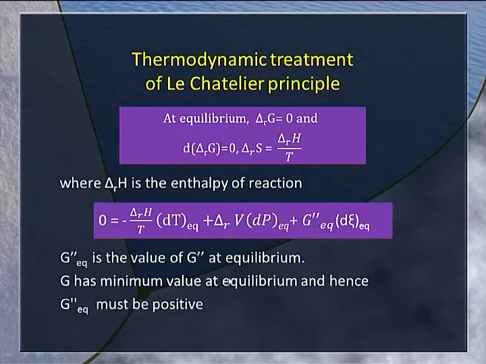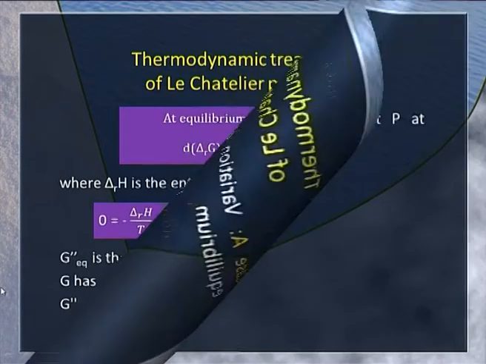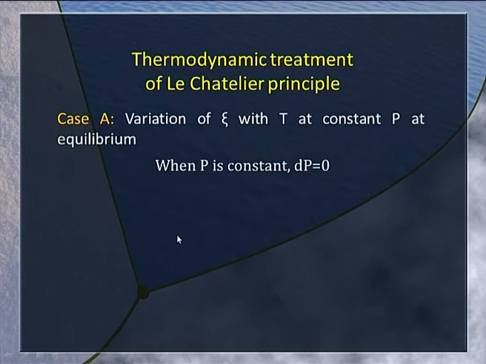And this explains the G double prime at equilibrium, and G has a minimum value at equilibrium. To have a minimum value, the G double prime must be positive. If you do a thermodynamic treatment of Le Chatelier's principle, case 1, when ξ is changing with temperature at